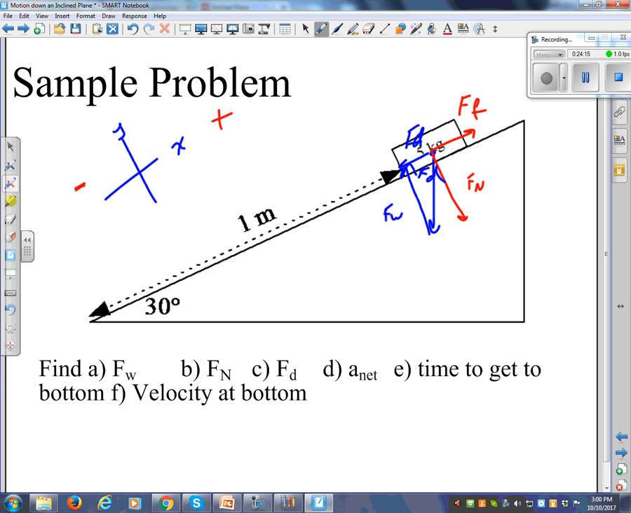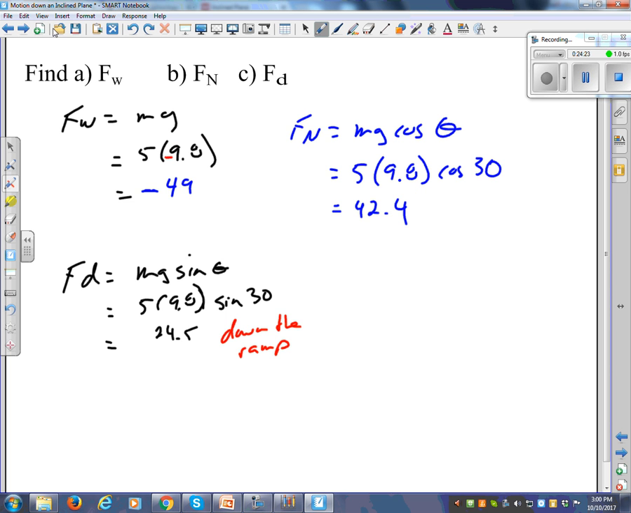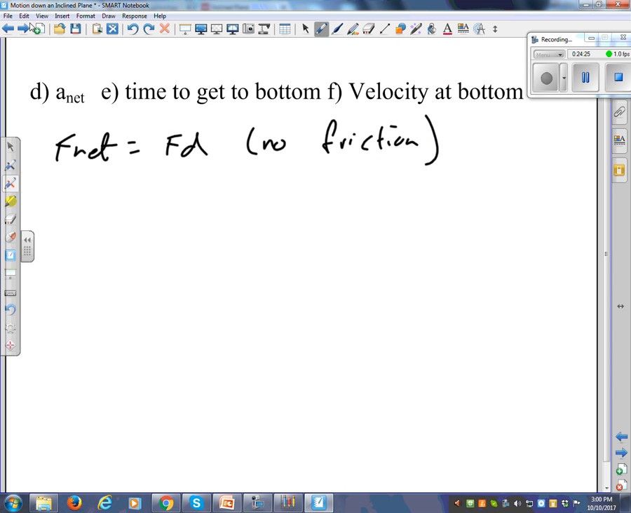Someone is confused by saying that? Yeah, because it says A net and you put F net. Well, no, they're not the same thing. That's a good question, Harry. I need F net. F net is equal to MA, right? F net is equal to MA, but my F net is my FD, so that's going to be my